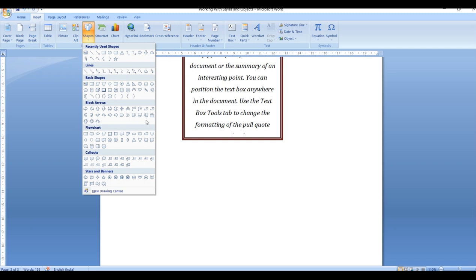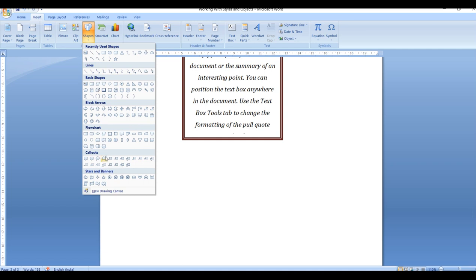Now a pop-up menu displays various options like lines, basic shapes, block arrows, flowcharts, callouts, stars and banners. So these are all different types of shapes which are already present in our shapes pop-up menu. Now let us learn about the basic shapes.